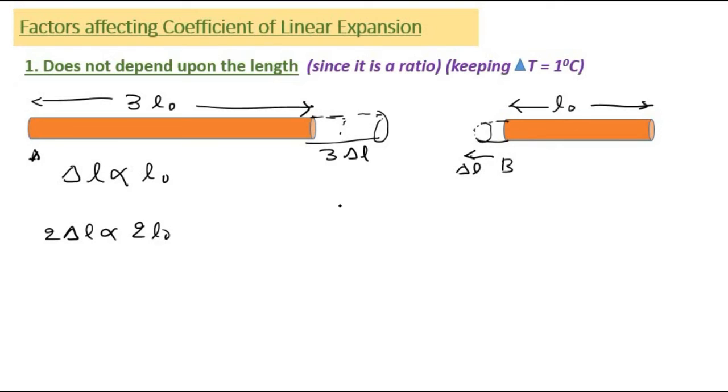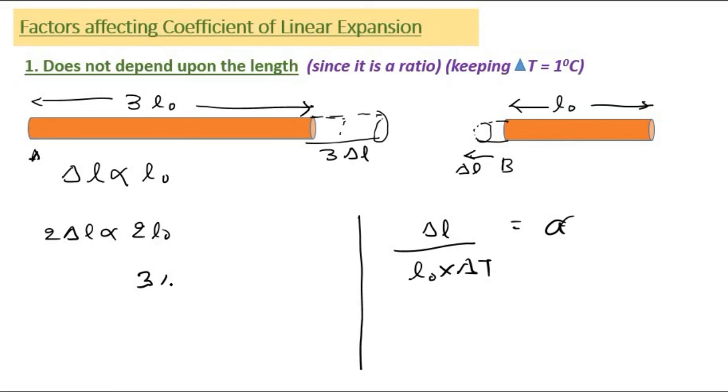So if I separately calculate delta L upon L0 into delta T, that is alpha for this rod, and alpha for this rod is 3 times delta L, because this length is triple the length of the other, so there will be thrice the expansion compared to rod B. So alpha for rod A and alpha for rod B